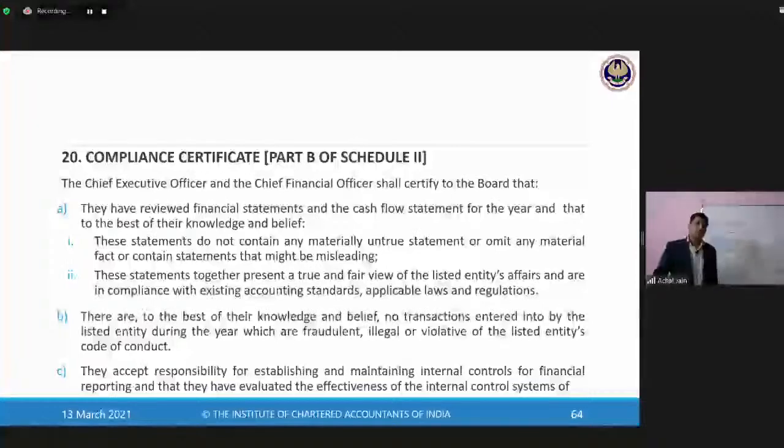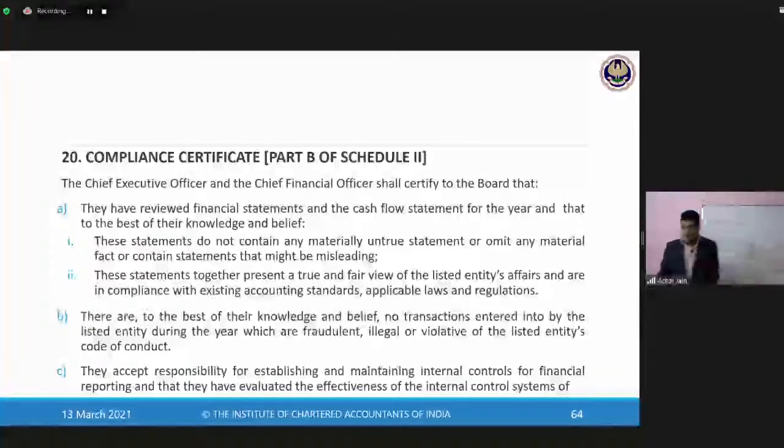So you can say it's an internal document, but it's a very important document in the organization because it's about placing responsibility on two very key personnel of the organization, who are the CFO and the CEO. And that's why they are certifying it. They are not making a communication to the board. They are giving a certificate which is signed by them to the board of directors,